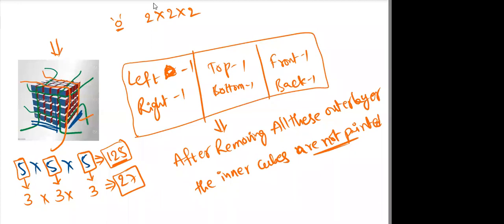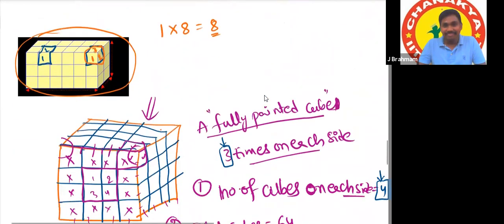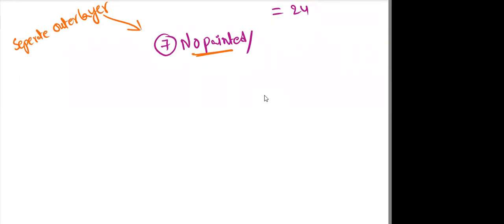Yes, sir. Actually, you can check this with any items, like what children play with, a sponge type material. You can cut that into 2 by 2 by 2, and after that you can check. First, you can paint on each side. Okay, maybe you are having that. You don't have that much time now. Okay, totally, here will unpainted cubes be available or not available?